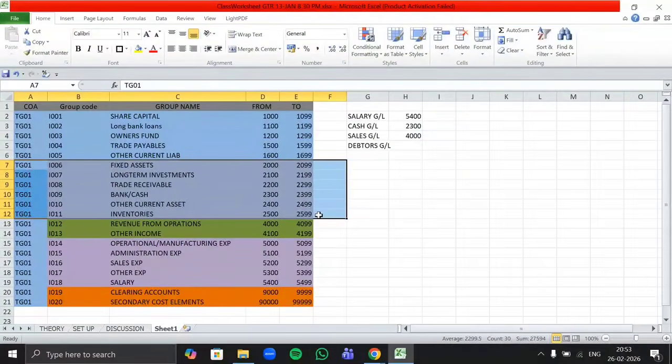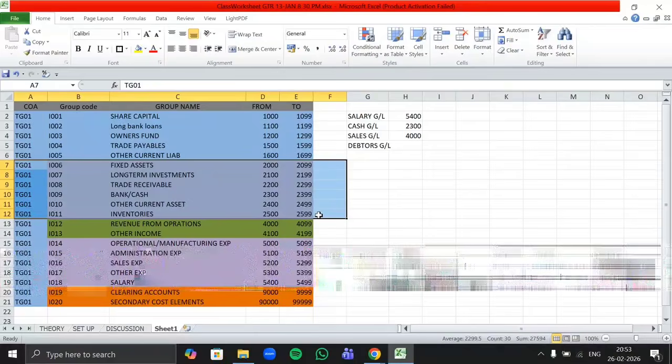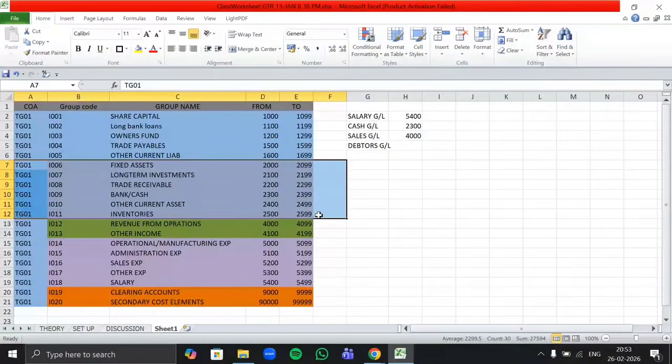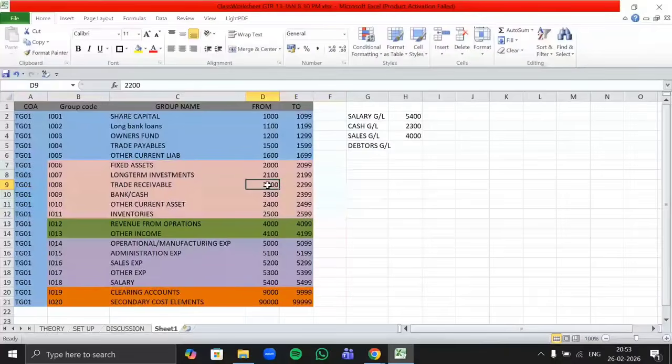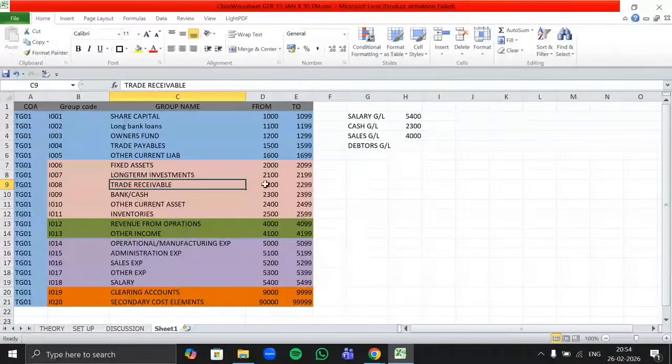So we book it under trade receivable, as trade receivables show the amount receivable from customers, from the normal business operations we do. So whatever receivables we get from normal business operations will be booked under trade receivable, not under other current assets. So my debtors GL will be created as 2200, as we are creating under trade receivable.